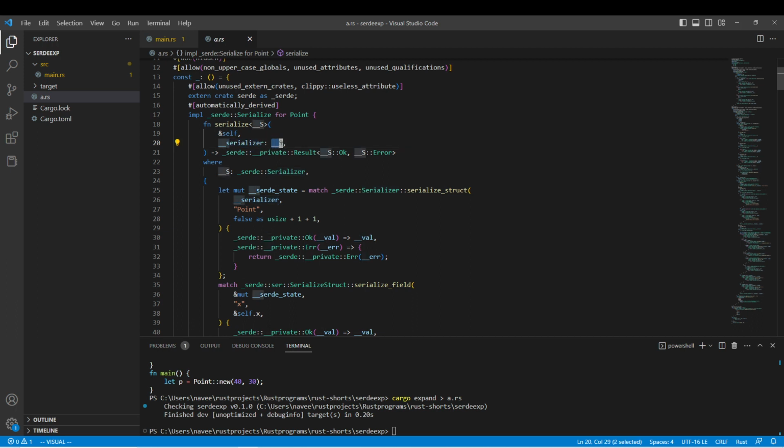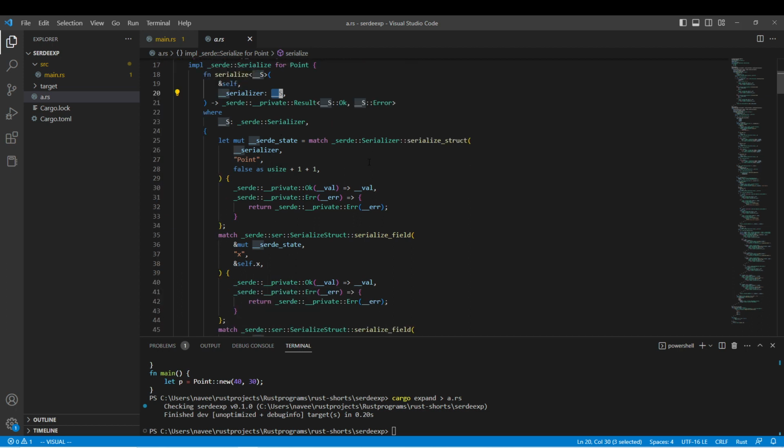That is what cargo has given. And it's actually matching, if Serde state, it's match serialize struct,